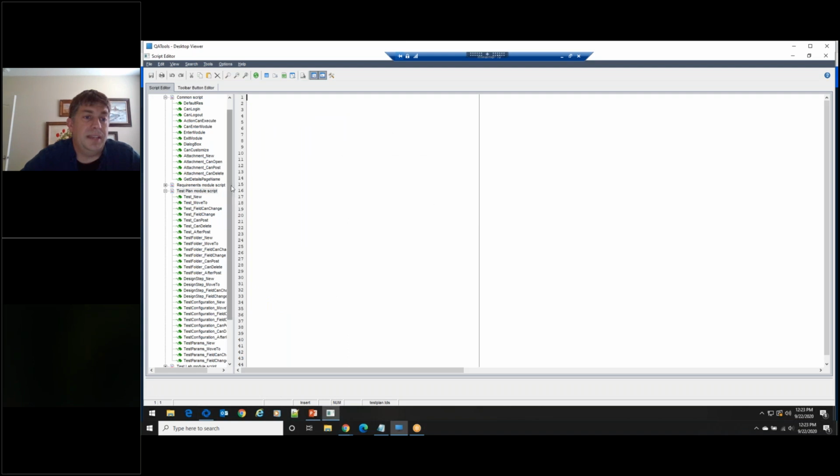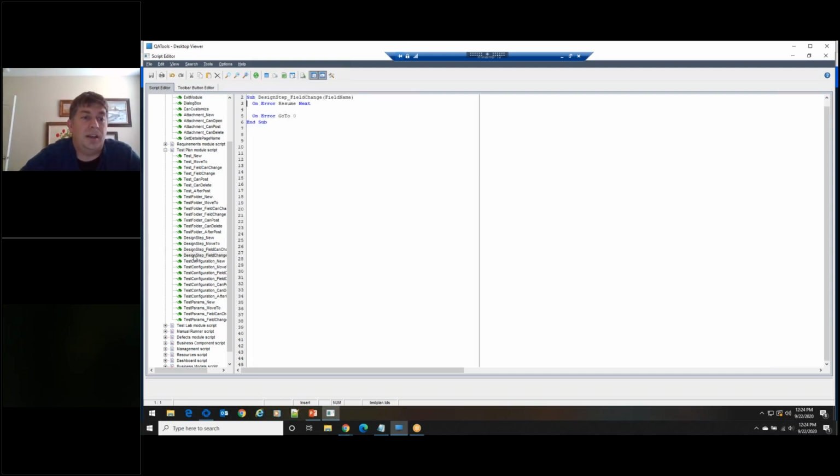So if I'm looking at the test plan, here are all of the predefined events that we have access to: if you create a new test, a new test folder, configurations, or even adding parameters. In our scenario, somebody makes a change to one of the steps. You can see there are four events here: new, move to, field can change, and field change. We want to attach it to field change, because we want to force this decision after a step has been changed.